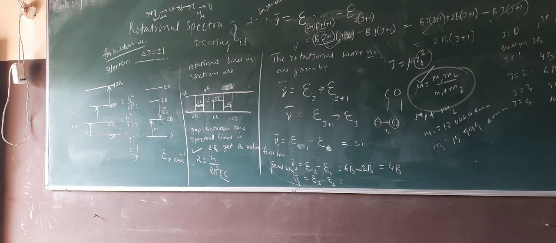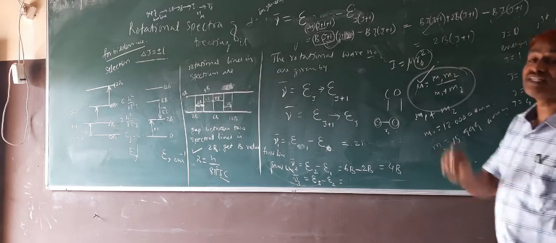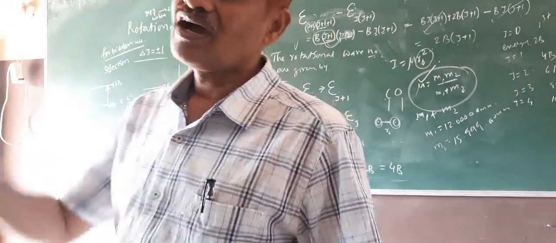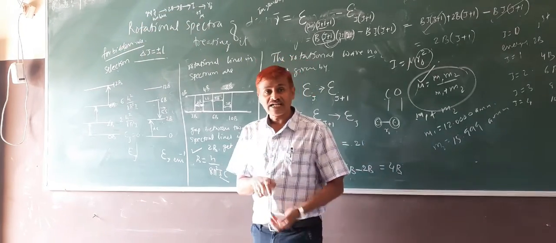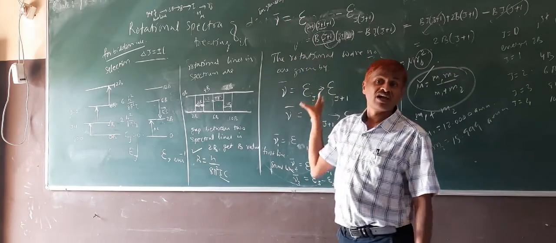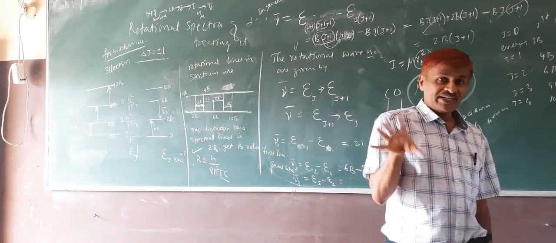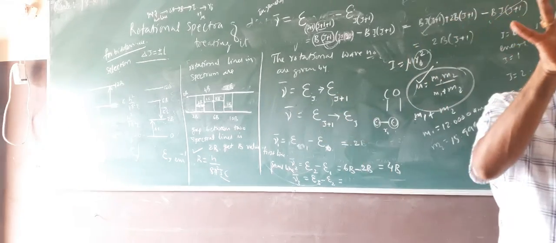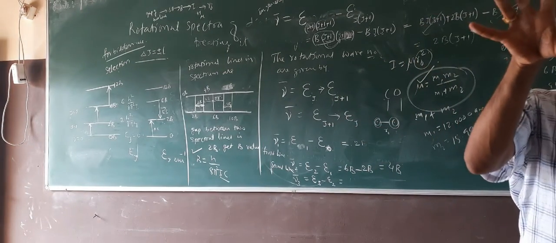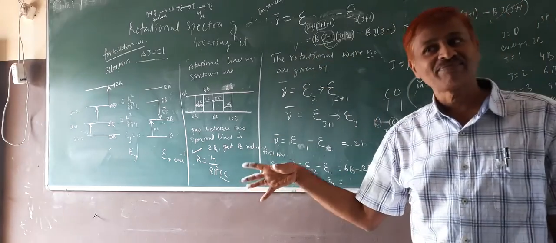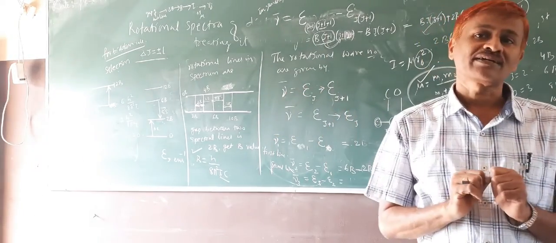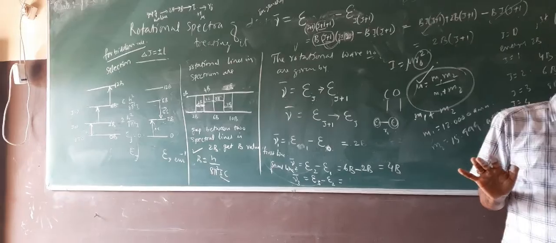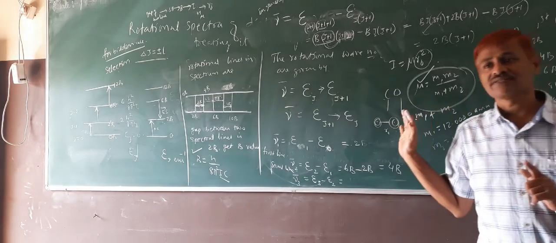Got it? And the value calculated for carbon monoxide is found to be the same as the experimental value. What does it confirm? That confirms our theory of the diatomic molecule. What we discussed so far is true, and that molecule is obeying our mathematics, and we are able to understand that our understanding is okay. That's what we have to confirm. You got this much, you have to write in the exam.